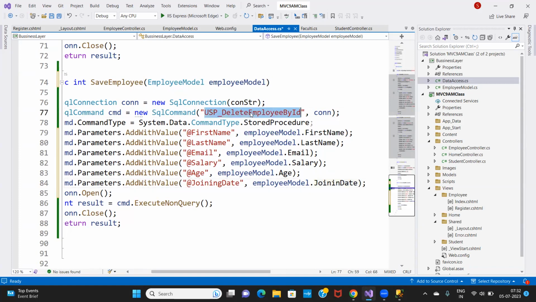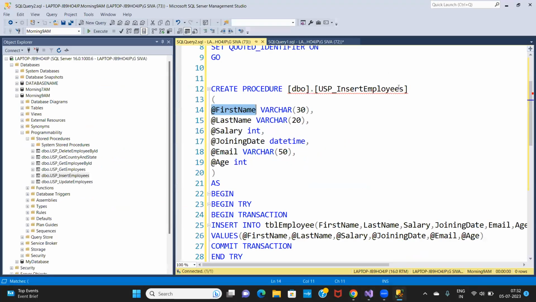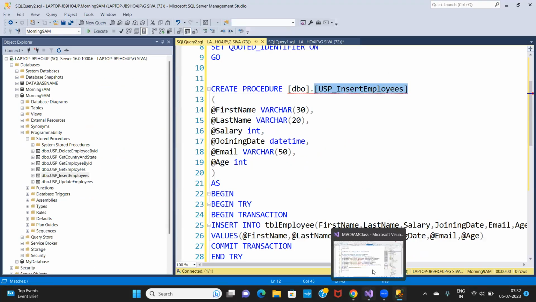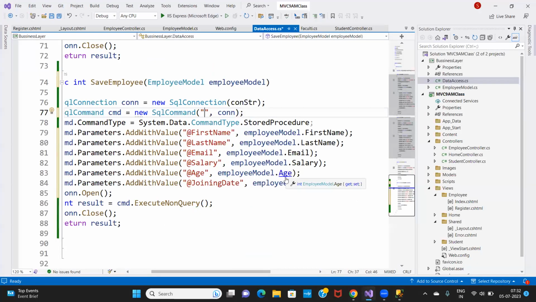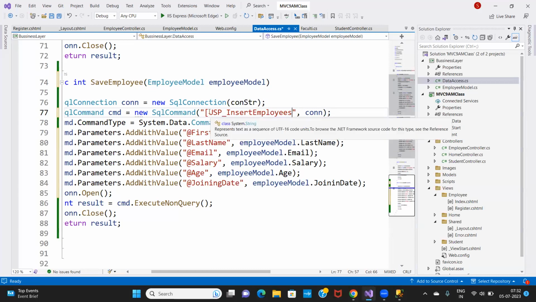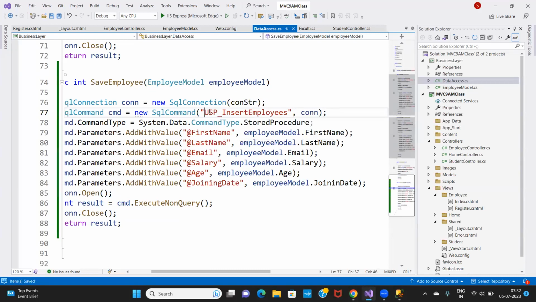And then we have to change the stored procedure name. This is the SP. Copy this one, paste here. Save this one. Okay. So when I click on the create button, it will call this action and